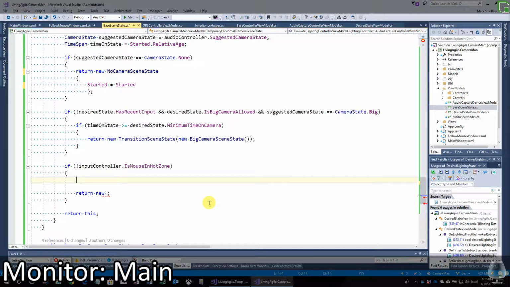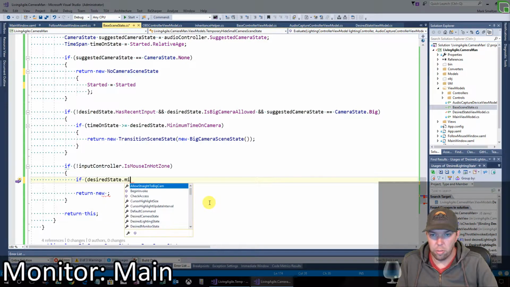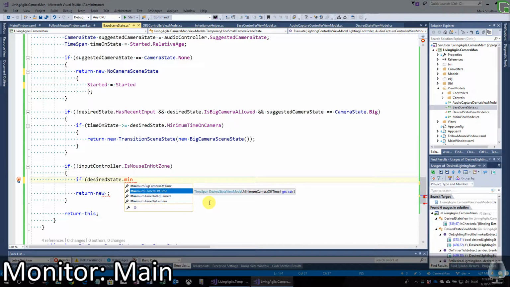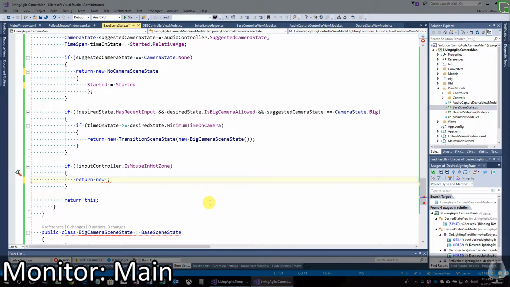But in this case, we'll want to see if we've got a minimum off time. We don't preserve that there. It's not in the hot zone, and we'll do a new transition to